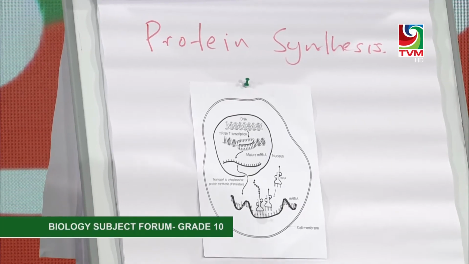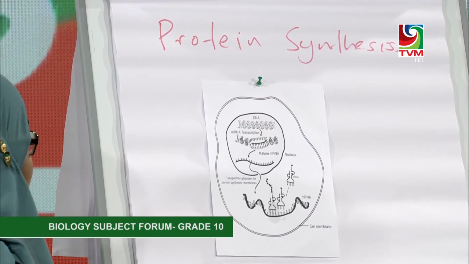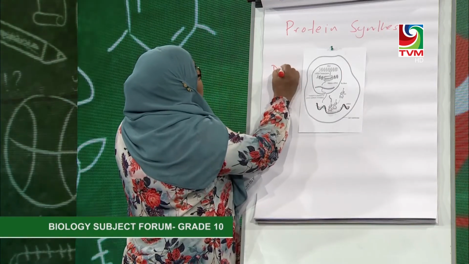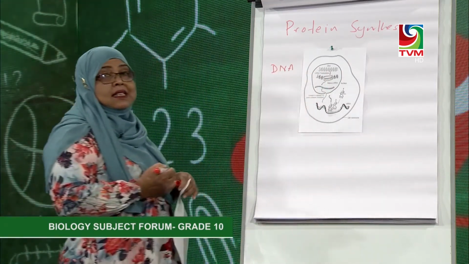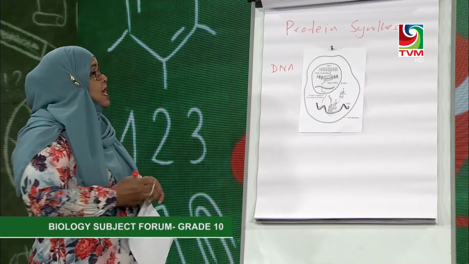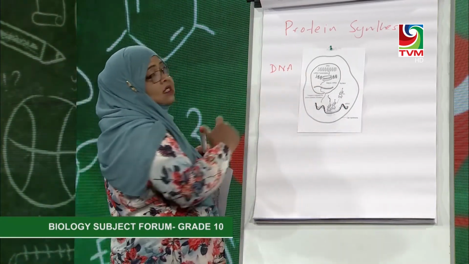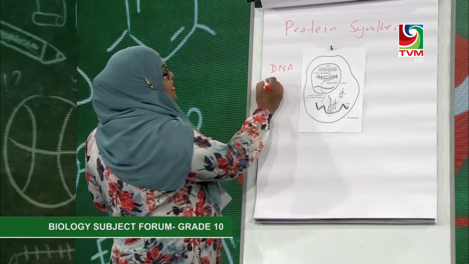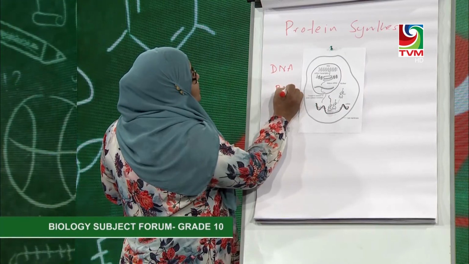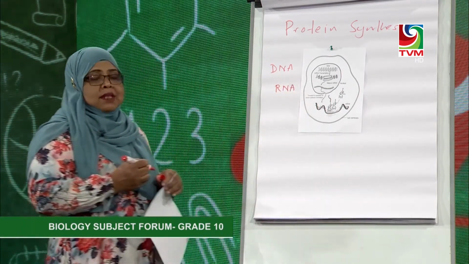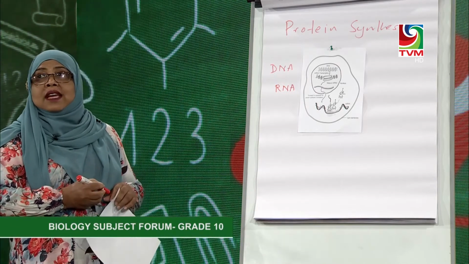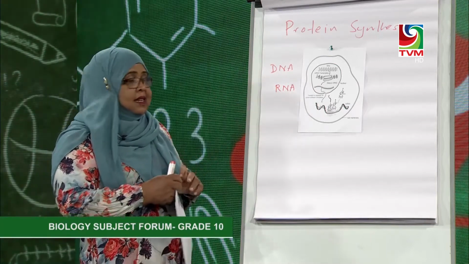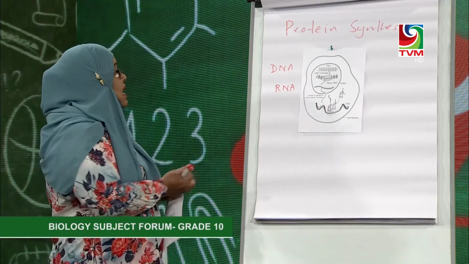And how do we produce these proteins? First of all, there are three types of genetic materials. One is the DNA material, which is mainly found in the nucleus, as I was talking about. DNA is a molecule found in the nucleus of the cell. And how is this DNA copied and transferred? For that we need RNA materials. What is the difference between DNA material and RNA material? DNA means deoxyribonucleic acid, which is a double helix, and RNA is a single strand, the ribonucleic acid. And RNAs could be